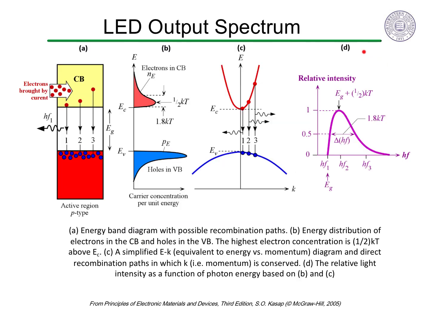The output spectrum of an LED will have some width to it that we can understand from the band structure and electron distribution function. Recall that the distribution of electrons and holes are centered near the band edges, but that the number of electrons is actually small at the exact band edge because the DOS is small there. There are more electrons at slightly higher energy, where the peak number of electrons is about 1/2 kT above the